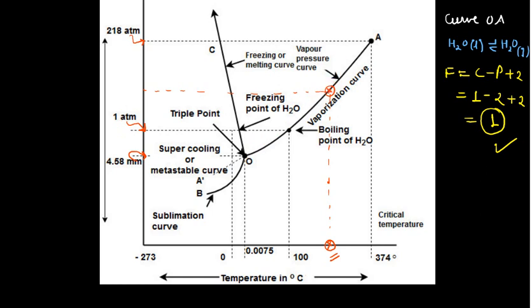Okay. And then, after that, if you reach this particular point here, this point is known as the critical temperature. If you extend this line just like that, you have that particular point A, and if you extend this line on the y axis, then you have this value. So, this 374 degree centigrade is the critical temperature, and corresponding to this critical temperature on the y axis is your critical pressure. Now, what is the meaning of the critical temperature and the critical pressure?